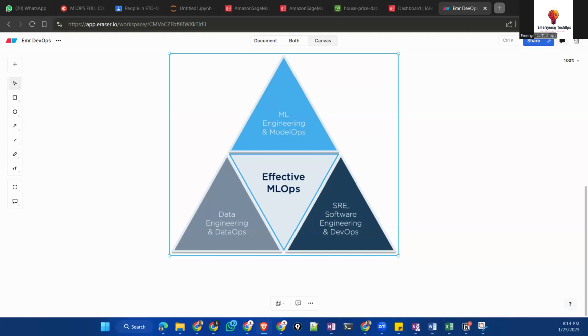And now, what about ML and model ops? The dimension of the model is mainly going to focus on the model throughout the life cycle, which is going to include training, evaluation, monitoring, optimization, and so on. Okay, so that's the thing here. It involves more of this ML engineering and model ops. Then you know that the model is going to be deployed and needs to be maintained, reliable, scalable. All these things are going to be handled by